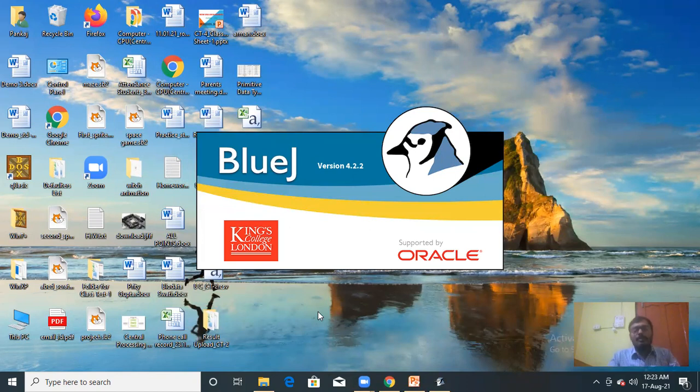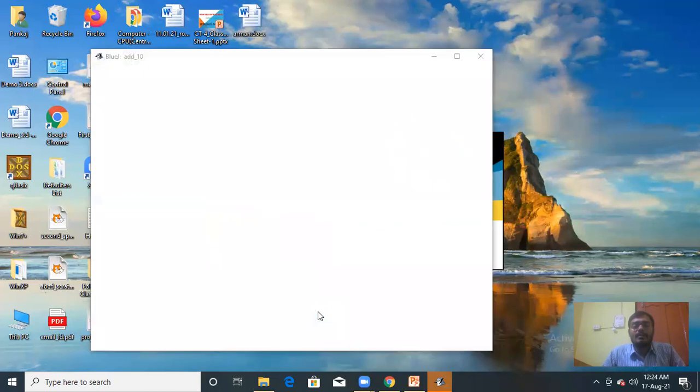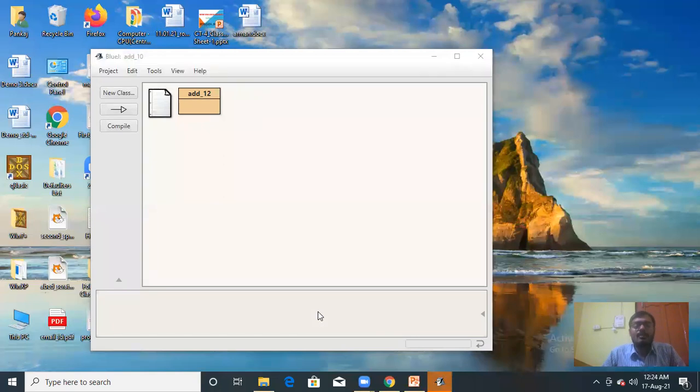BlueJ can be downloaded free of cost from the internet, and after downloading, you have to install BlueJ in your system and double click on the icon. It is a programming language, that's why it takes a few seconds to open.